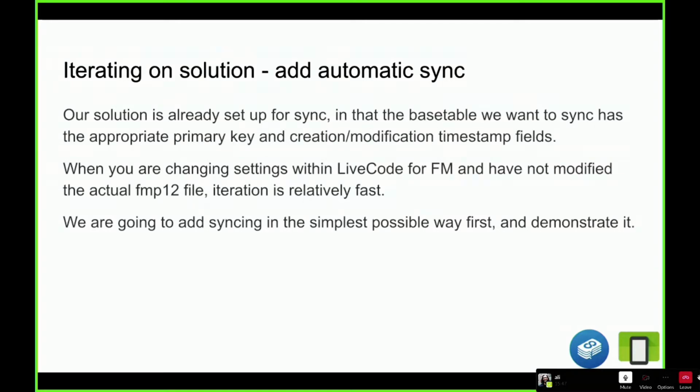Since we're only changing settings within LiveCode for FM, and we haven't modified the file, iteration is a bit faster, as it doesn't have to export the DDRs from the solution. So we're going to add this simple version of syncing and demonstrate it just now.